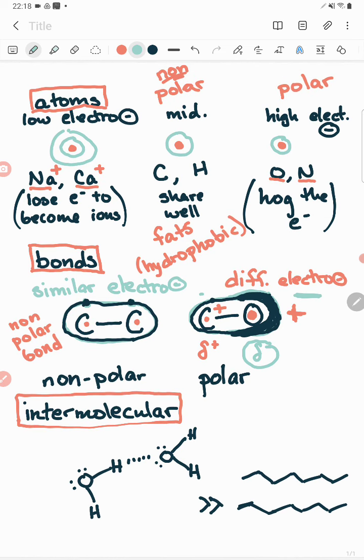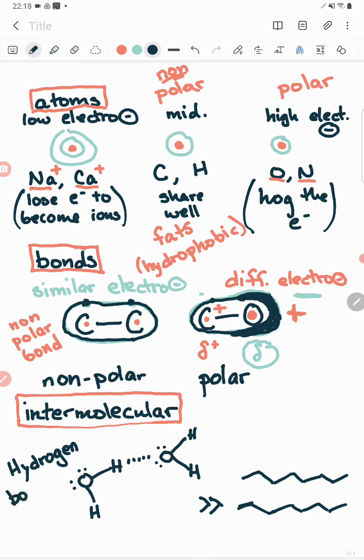Now this is all within a single molecule. Remember, you have atoms. The atoms create covalent bonds with each other where they're sharing electrons to make molecules. All of the atoms in a single molecule are covalently bonded to each other. And then as you go to the next step beyond that, you reach intermolecular forces. And there's a couple of major ones we see in biological systems. There's hydrogen bonding,